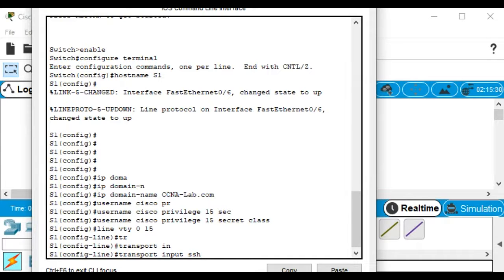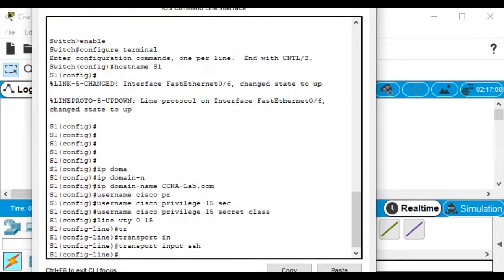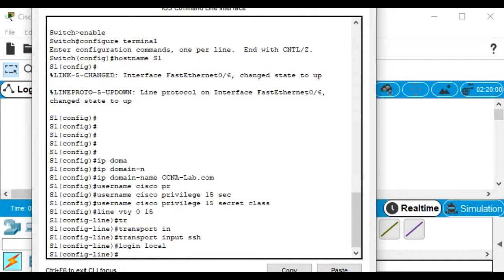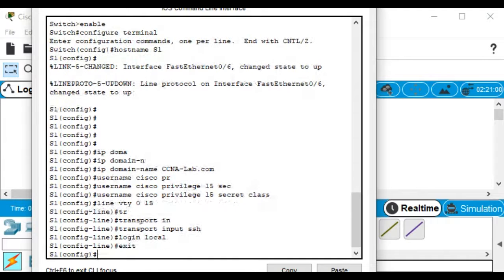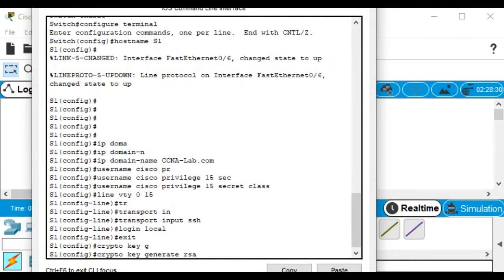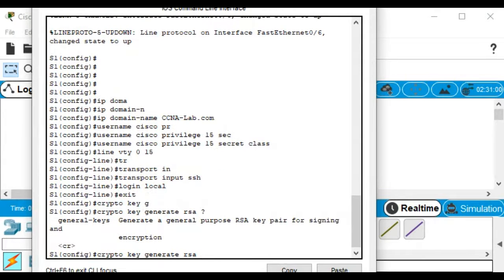That's the problem with Packet Tracer, is this next step we're supposed to do. Login local, which means use the username of Cisco and the password of class we created earlier. And then the problem is, I'll type the word exit. That next step, step D, generate a crypto key. So if I type crypto key generate RSA, all that's fine, but you're supposed to type the word modulus. It doesn't have it there. So we can't put in the command that tells it to use a 1024-bit modulus key,